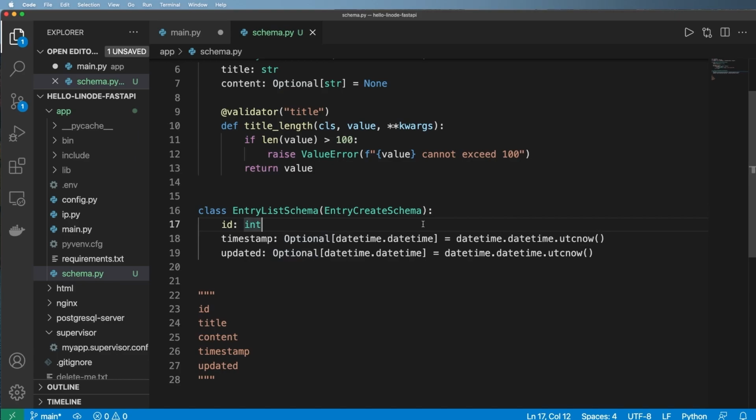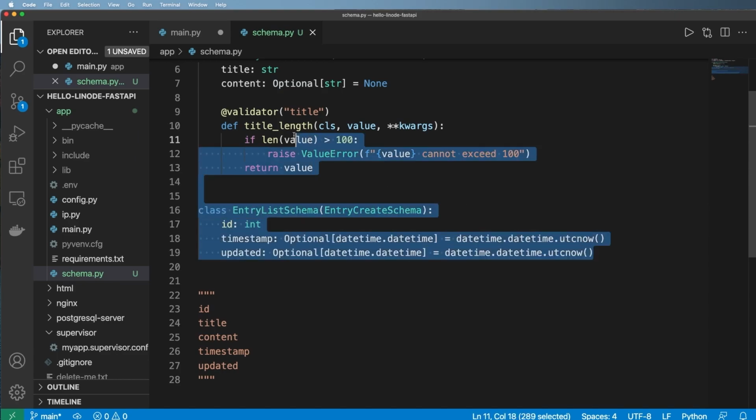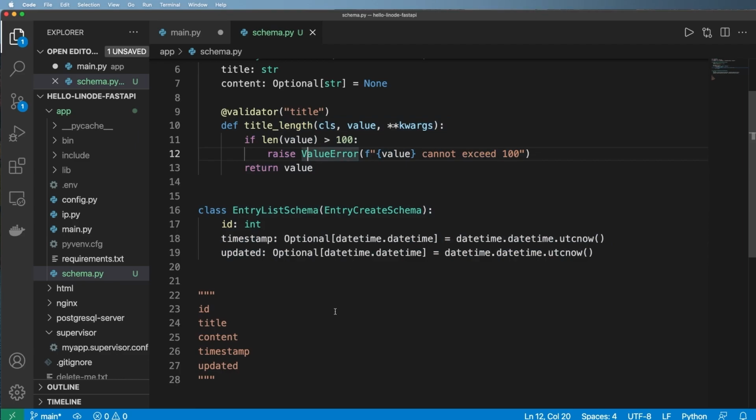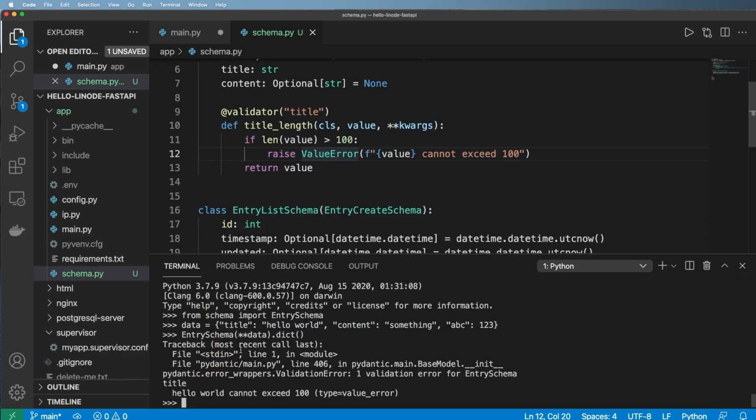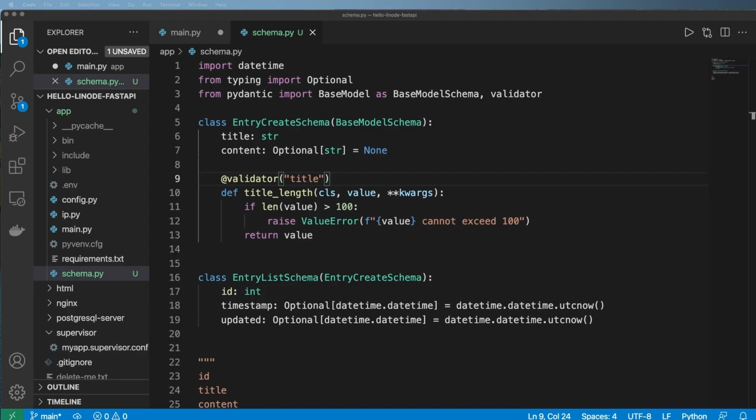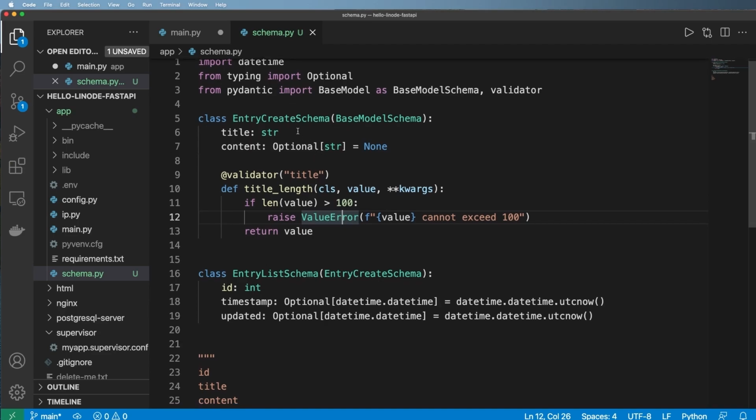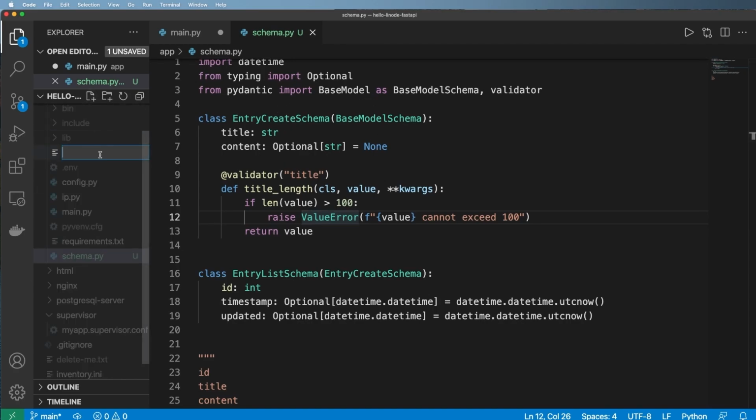So now that we have that, it is actually a good idea to make automated tests to ensure that all of this works, instead of actually jumping into the shell every time to make sure it works, of course. The data validators check the integrity of the data we're going to store in the database. What tests will allow me to do is to check the integrity of these data validators, or these Pydantic models. So to do this, we're going to go ahead and create a new file called